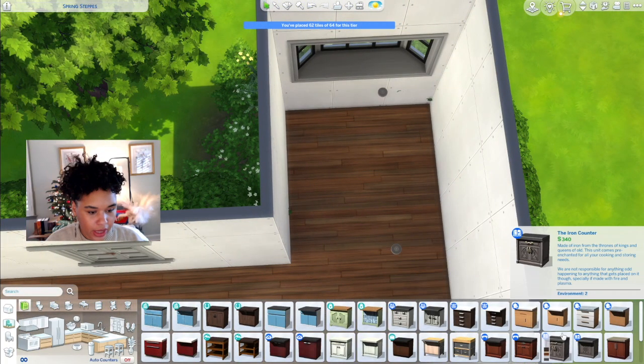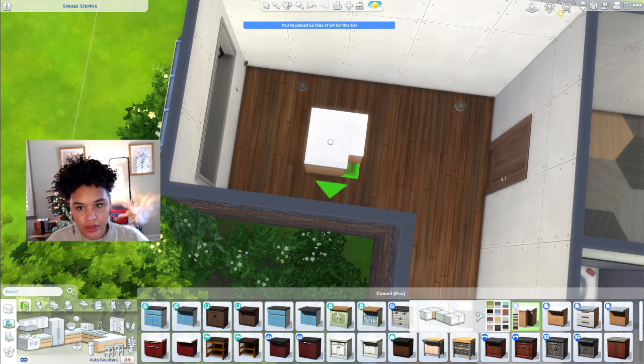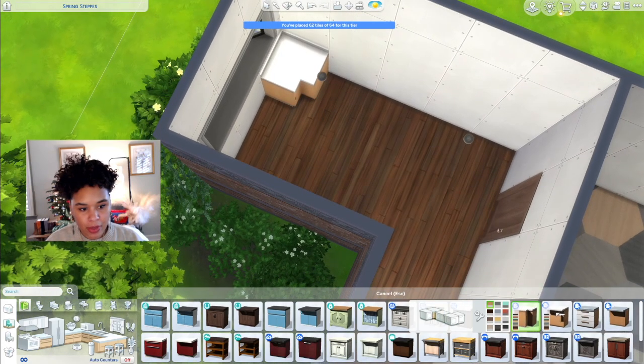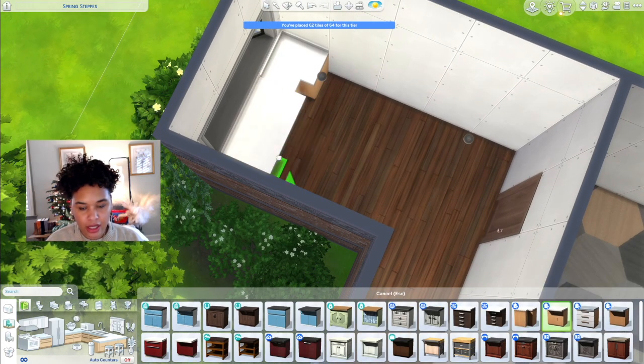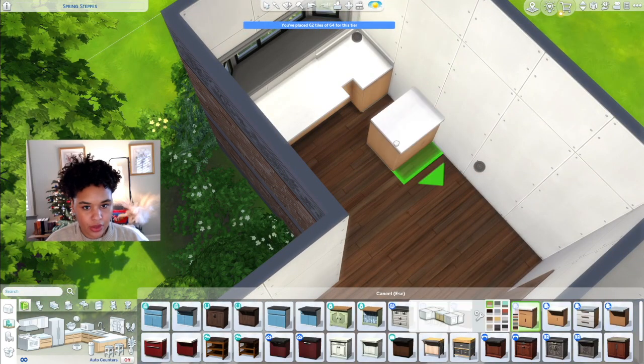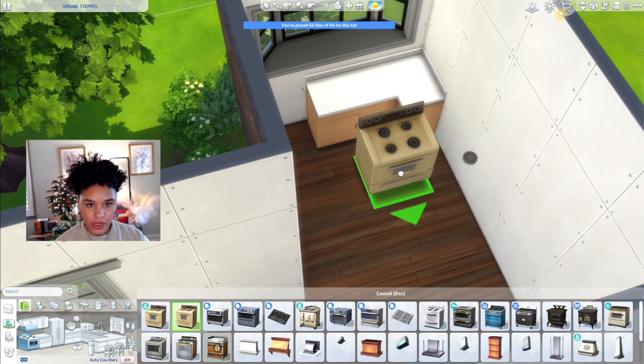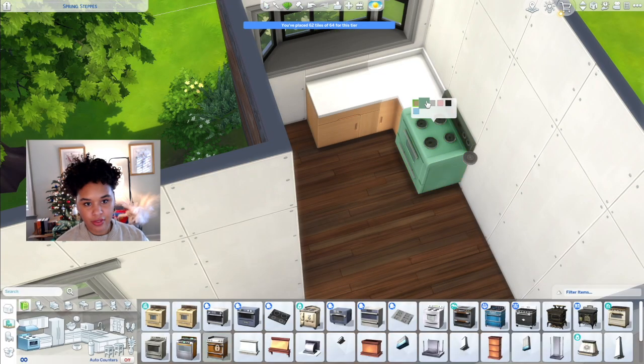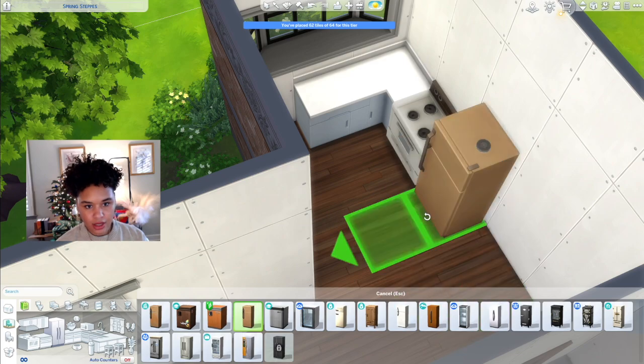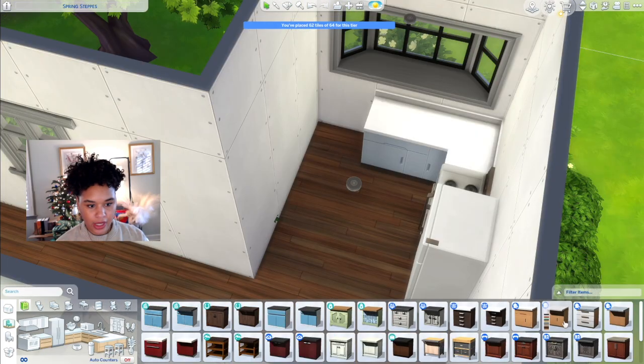Okay, so kind of looking at these, and we don't need a lot of area to cook, just a small little space. And then honestly, we can add some little bar stools right there. On this side, because I can get rid of that, I'll put one of these stoves in here, which I never use. Let's do it in that color, just to add one of these. Because over here, I'm thinking,